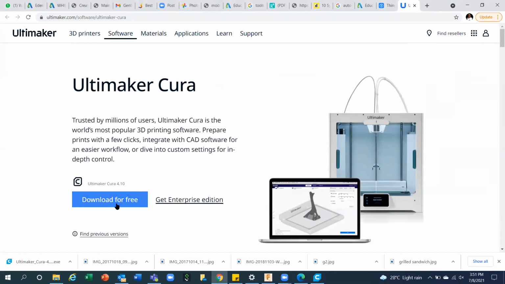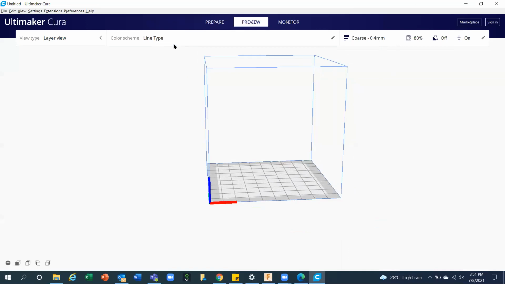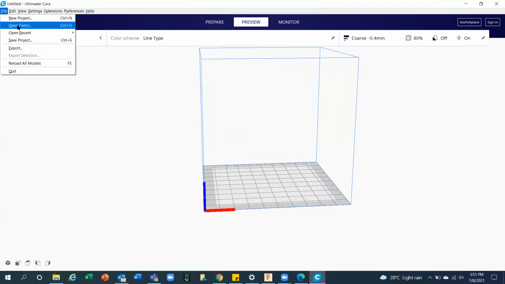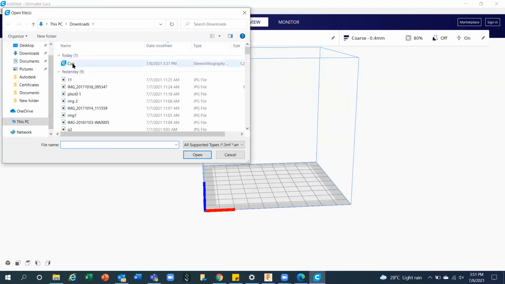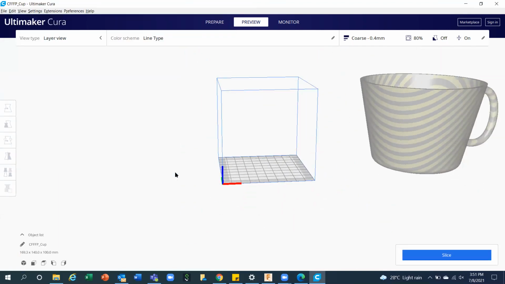It's a small software, right? You can download this tool, and once you open it, you will get this graphical user interface. Because this is a slicing tool, I need to bring my model over here. So you have to go to File and open the file which you have created. I have created this cup and I'm going to open it. Now you can see by default the printing area is smaller in size, while my cup is bigger. You can see the dimensions in the left-hand corner, 169, 140 and 100 mm.